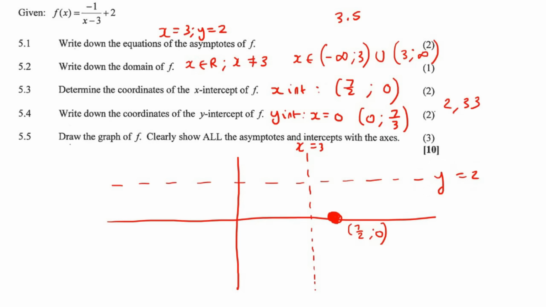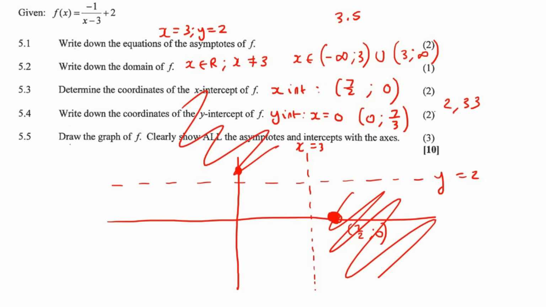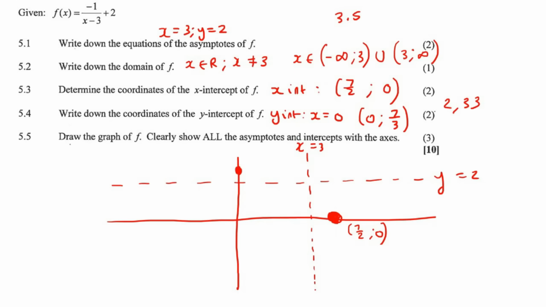Which is bigger than 2. So you're going to plot it there. And there we go. So these are the two quadrants we're in, this one and this one, because those are the only quadrants that will allow us to have an x-intercept there and a y-intercept there. See, guys, it's very simple. So now you just go draw it,